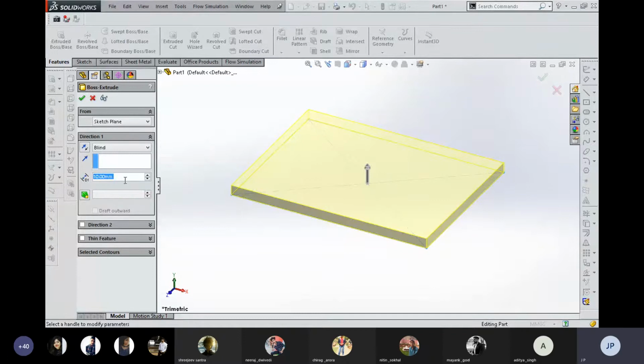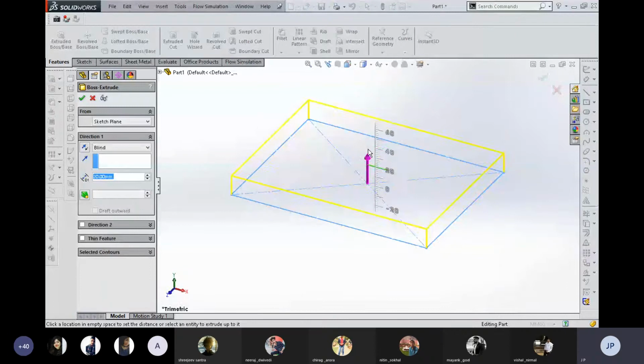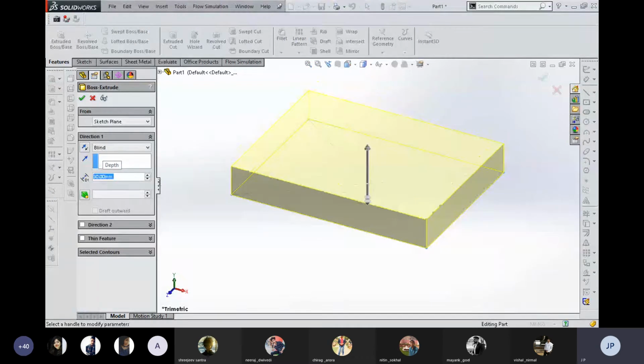If you want to vary your dimension, you can write over here and then click, or you can pick and drag this icon to increase or decrease the height of your component. Right now I'm going to take 30, so I'm clicking over here. Other things which I already told you: if you want to create different heights on both sides, then with the help of the direction 2 feature, you can do that.